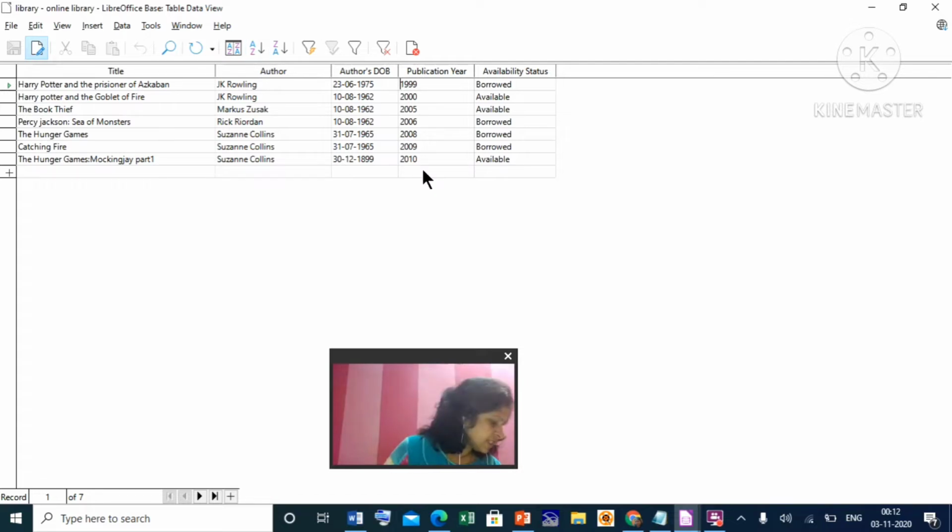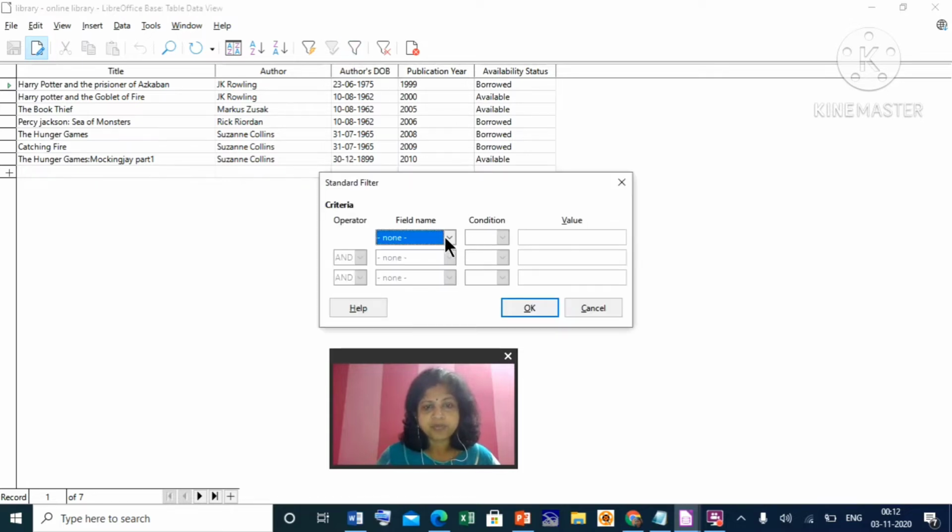The second question is: create a filter to display the books authored by Susan Collins. For that, we will go for filter. The field name you will give is author, and the condition is equal to Susan Collins.